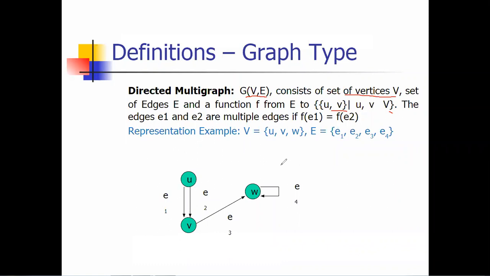So in the representation of the graph, the vertices are u, v, w and the edges are e1, e2, e3, e4. Here e1 is the first edge, then the second, third and fourth edge. So the directed multigraph is a concept where the direction is given for edges and multiple parallel edges are also present in that graph. The title says there is a graph having multiple edges and every edge is given a direction, so it is called a single or one directional graph. You have already cleared the directed graph concept, and you're combining directed and multigraph.